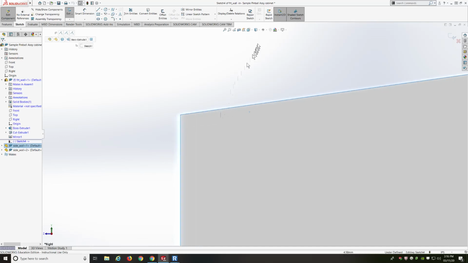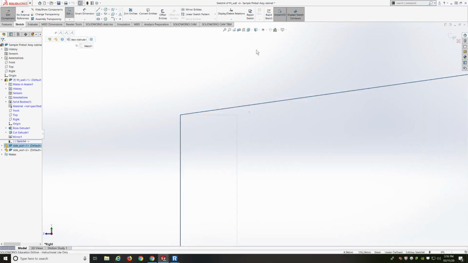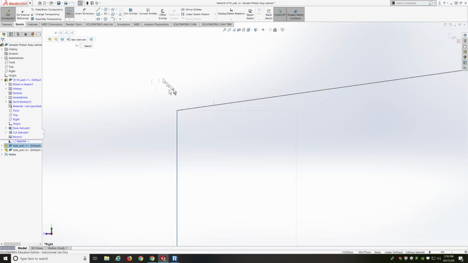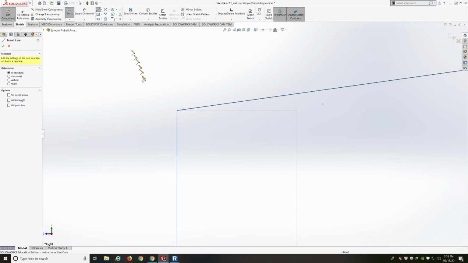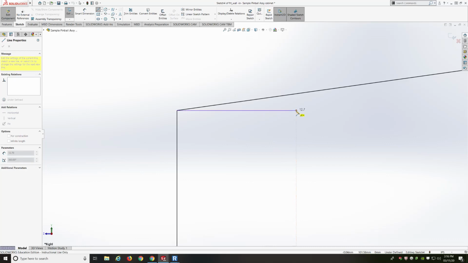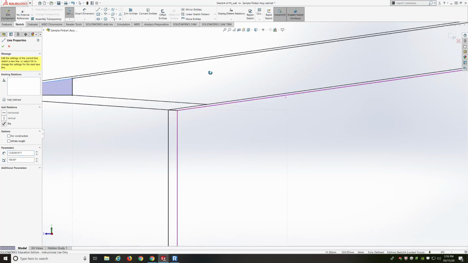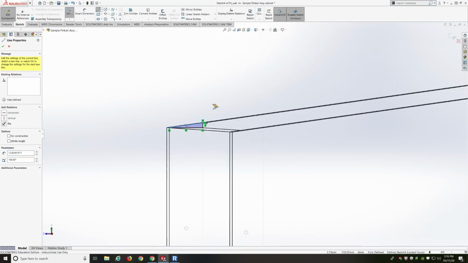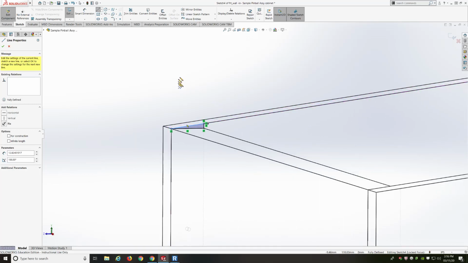Okay, I'm going to zoom in and change my display to hidden line. That way I can see exactly what I need to see. And I'm going to use the line tool to go from endpoint to endpoint, straight up, and to create that triangle. Okay, so that triangle now lives right there. I'm going to exit the sketch,